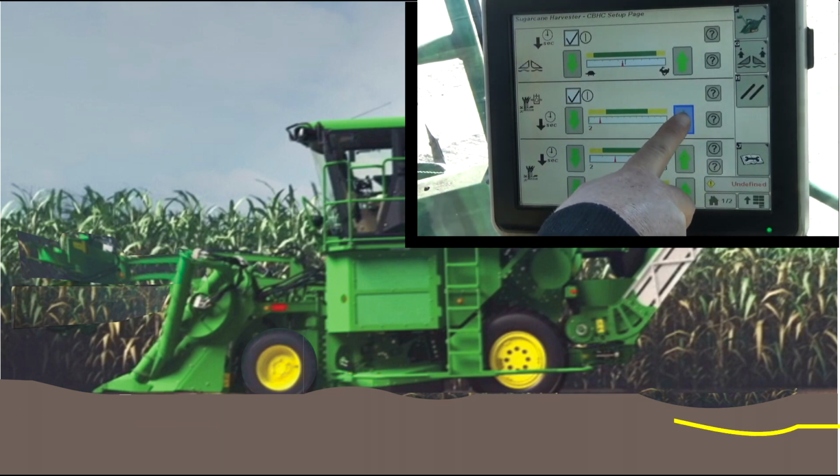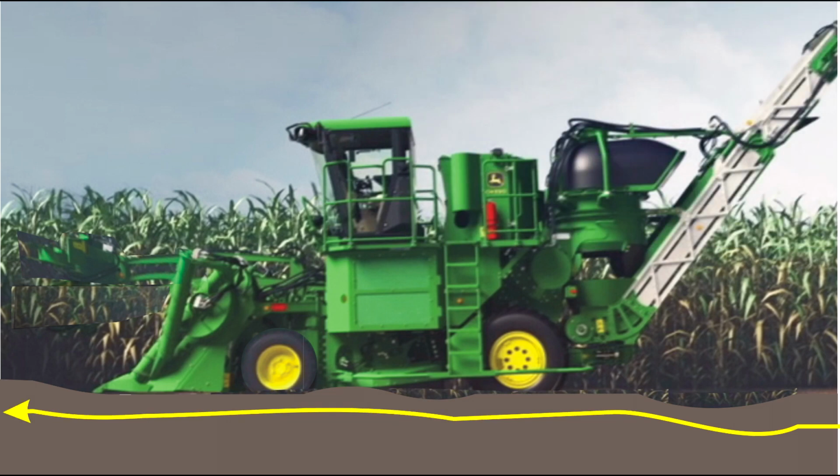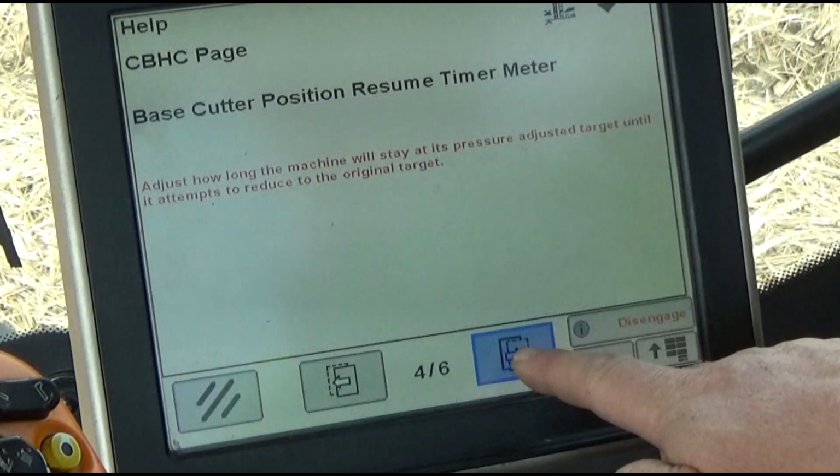A higher time setting means that the base cutter would remain raised for a longer period before attempting to return to the set cutting height. Increasing the time setting would result in smoother machine operation, especially in uneven field conditions. Longer stubble would also result as the machine would travel further before the base cutter attempts to return to the set cutting height. The third advanced setting is the base cutter position resume timer meter, which adjusts how long the